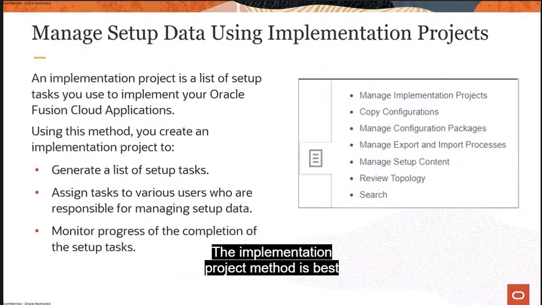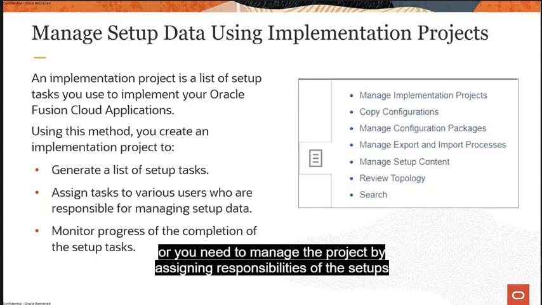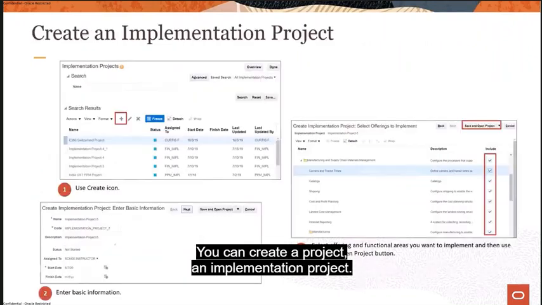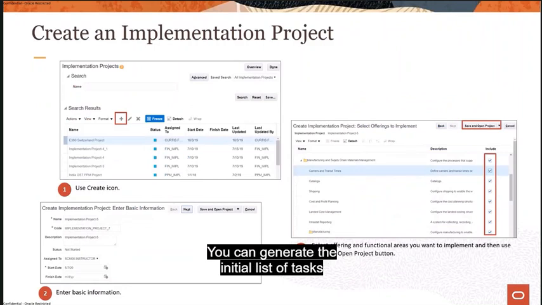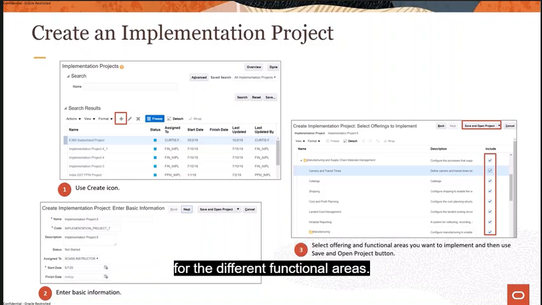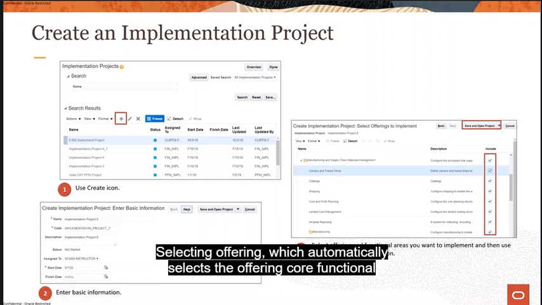The implementation project method is best suited when you need to modify the default setups, or you need to manage the project by assigning responsibilities of the setups to a broad group of users, and you want to be able to monitor the process. You can create an implementation project. You can generate the initial list of tasks by selecting one of the enabled offerings. If you plan to use more than one, you can create separate implementations for the different functional areas, selecting an offering